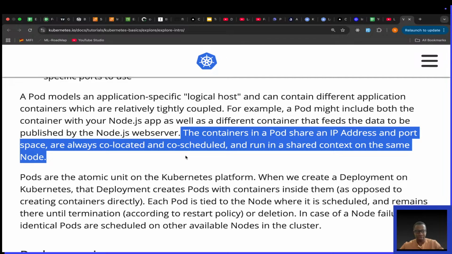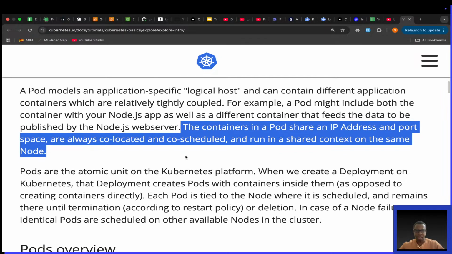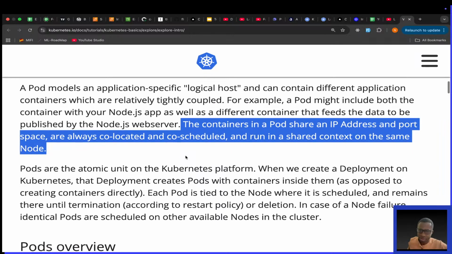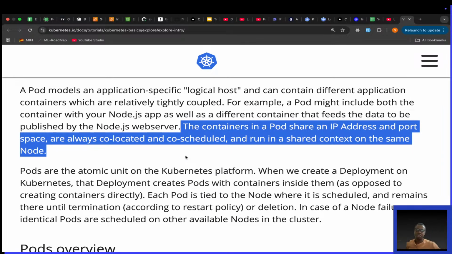Now I'll continue to get deeper into this. So they share an IP address and a port space, co-located and co-scheduled, and running in the same shared context